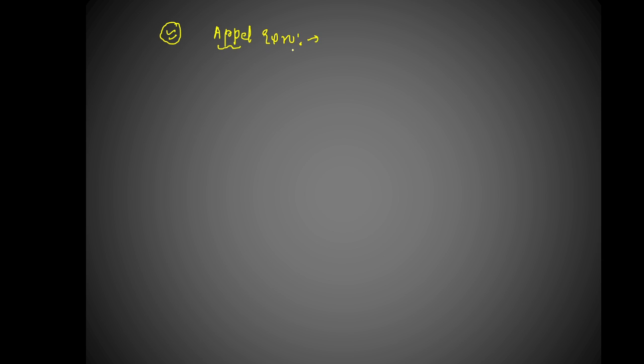In this Appel reaction, our substrate is alcohol. Alcohol is the substrate. And this is the easiest way to remember named reactions: we have to remember the substrate first and then the reagent. So the reagent for this reaction is,